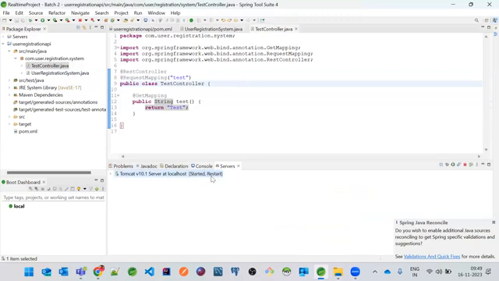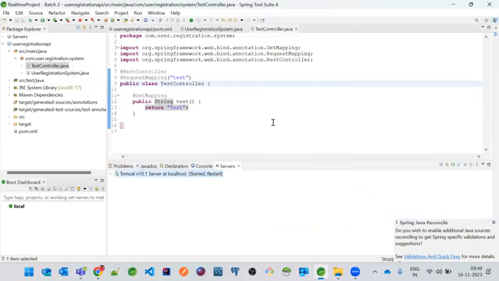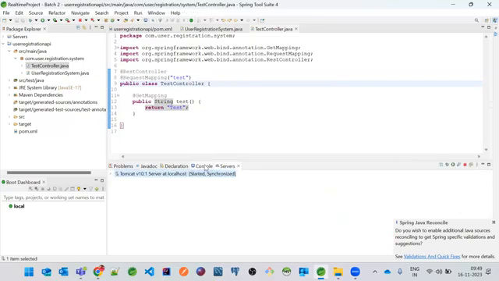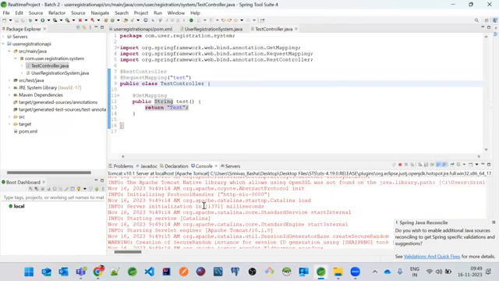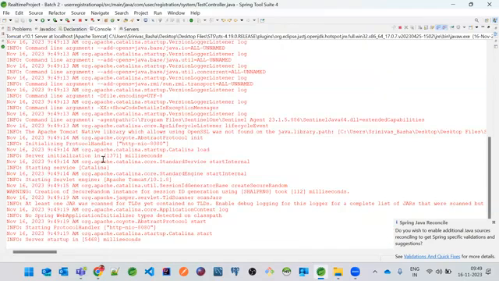Can you see this? So let's restart the application. Yeah, so it has started, right? So server will start, but if you can see the disadvantages over here, there is no dispatcher servlet first.